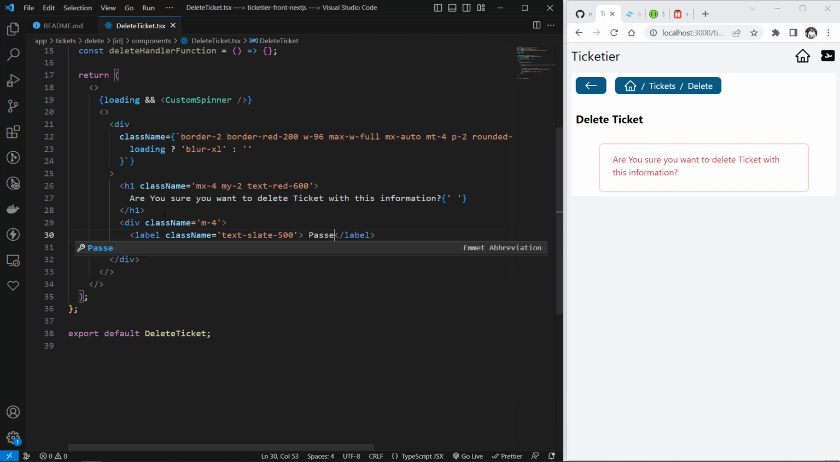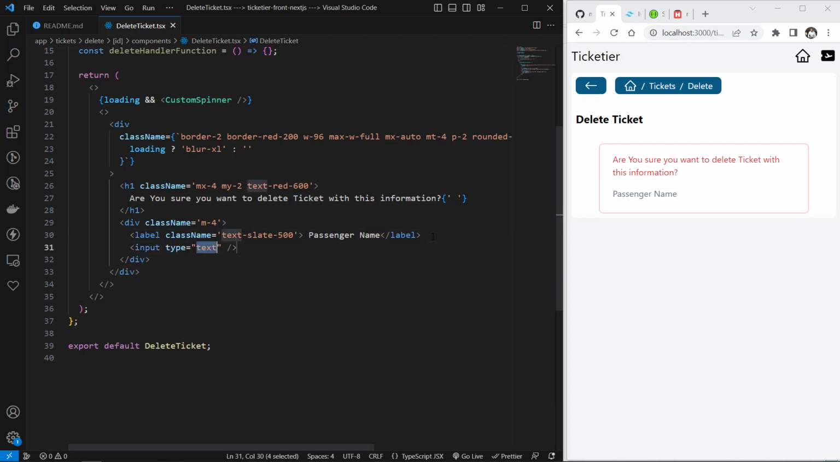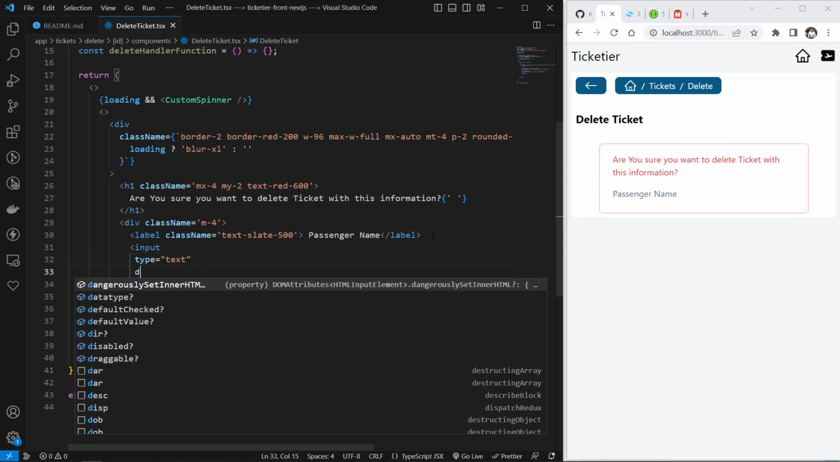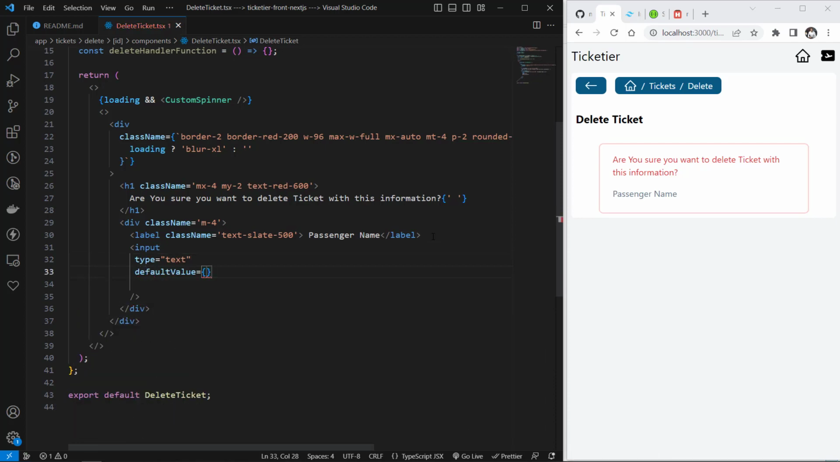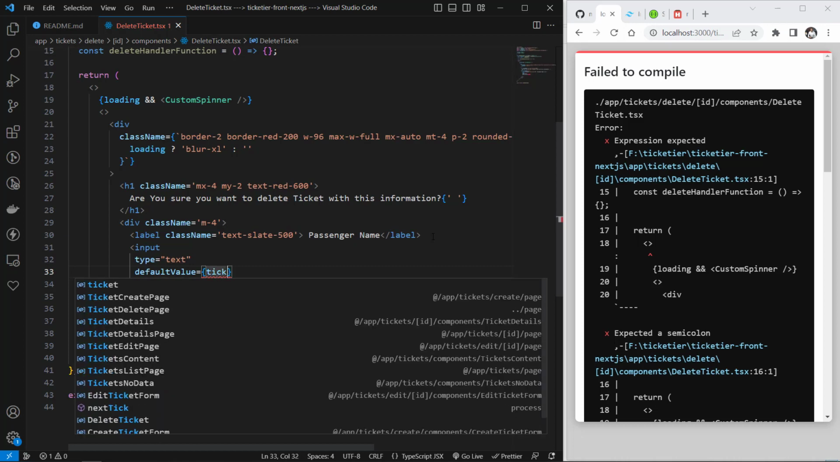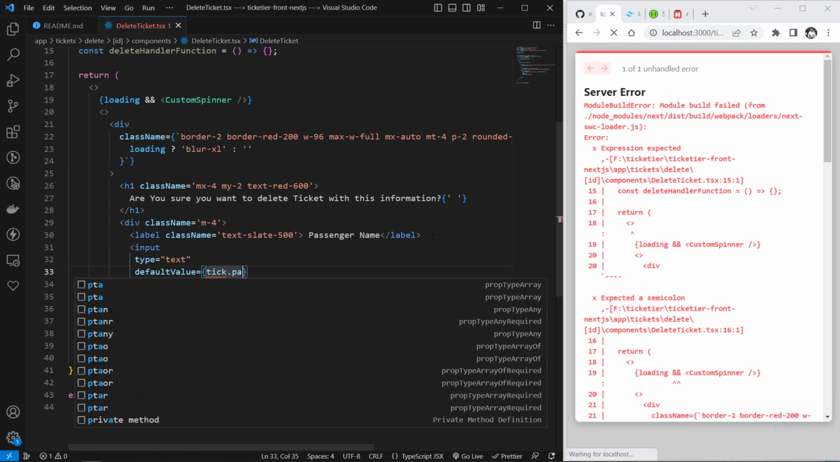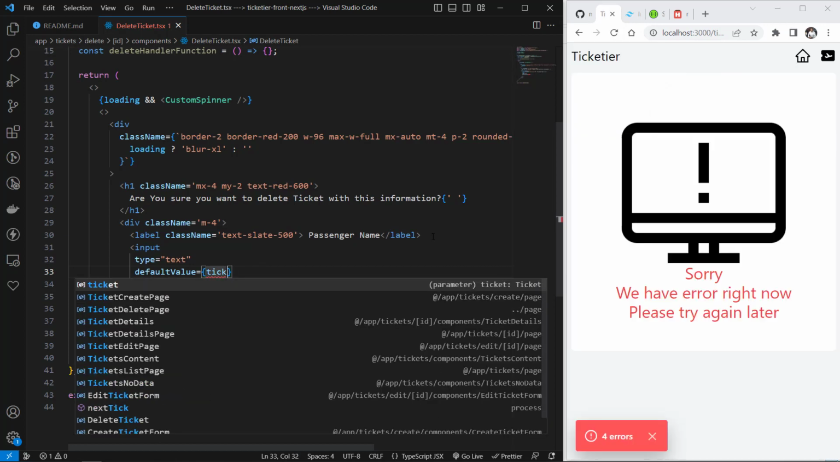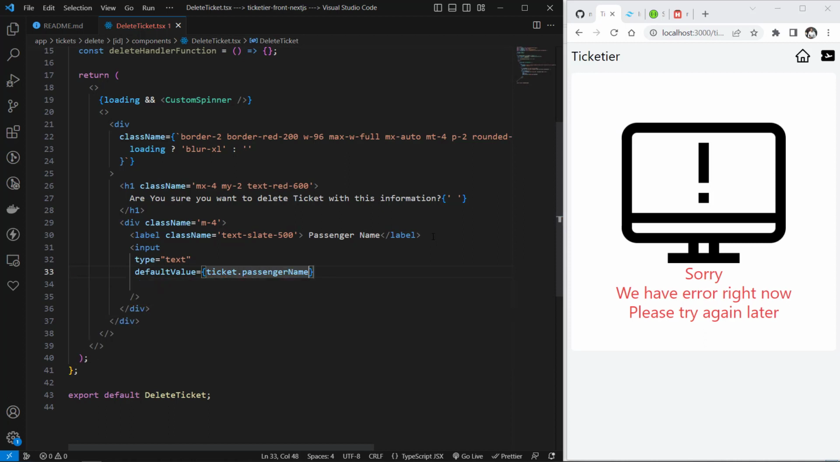And for the first one, it can be the passenger name. Control S. Okay, this is the first one. Then we can have some inputs, and for example, its type can be text, and this time I use default value because I don't want to change anything. So I can simply use ticket dot passenger name,